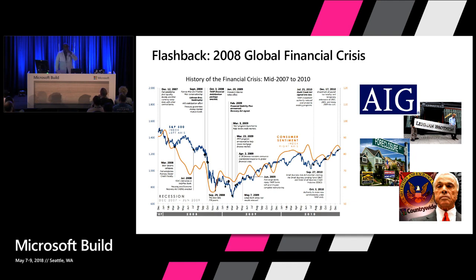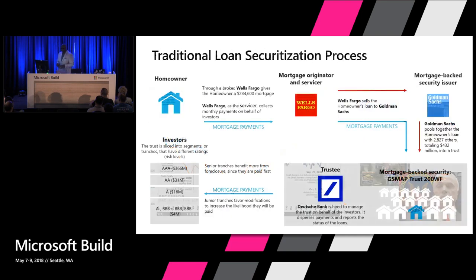People like Bear Stearns who were buying these derivatives, who were saying I want it, AIG who was insuring them from a CDS standpoint, they started to fall apart. And so all of these things start to lead to the 2008 crisis. But a lot of that could be prevented with better transparency, with being able to see the ratings, being able to see what's going on. So this is where the business case starts to develop, right?